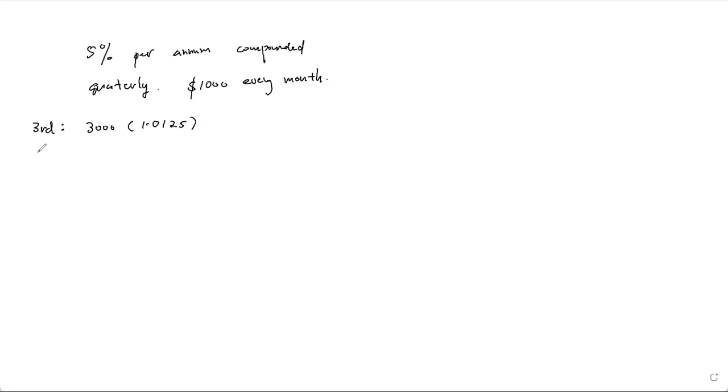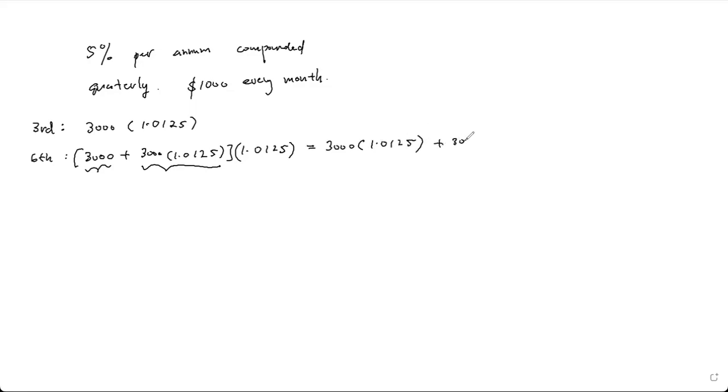And at the end of the 6th month, you would have 3,000 plus 3,000 times 1.0125. This 3,000 is the next 3,000 that you've put in, from April, May, and June, for example. And this one is actually from the initial 3 months. So you have this amount, and then this investment instrument is going to give you another 1.25%, so we're going to multiply this by 1.0125. If you were to write it out, it should look something like this: 3,000 times 1.0125 plus 3,000 times